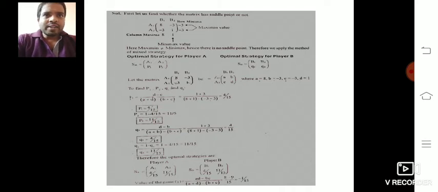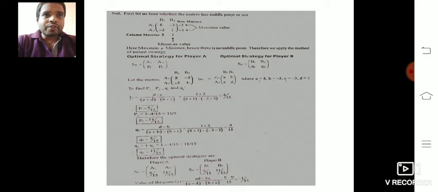Now we can start solving this problem by using the analytical method. Before going for the analytical method, first we need to check whether the saddle point exists or not for this problem. How are we going to find out whether the saddle point exists? By using the minimax and maximin principle here. The given matrix is 8, minus 3, minus 3, 1. First, in the A1 row, choose the minimum value, minus 3, and in the A2 row, the minimum value is minus 3. Both values are equal here. The maximin value is minus 3.